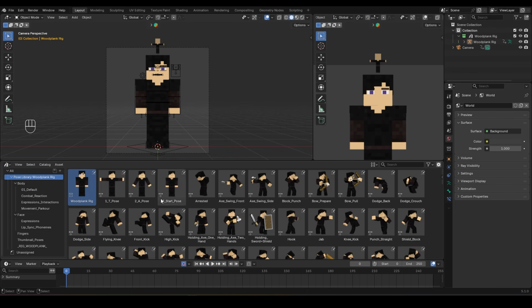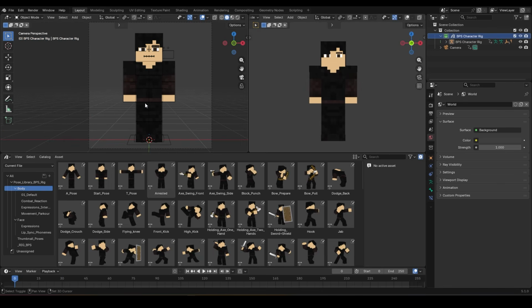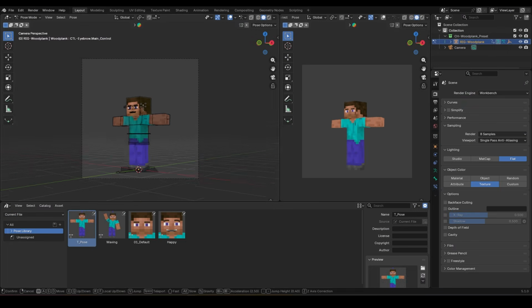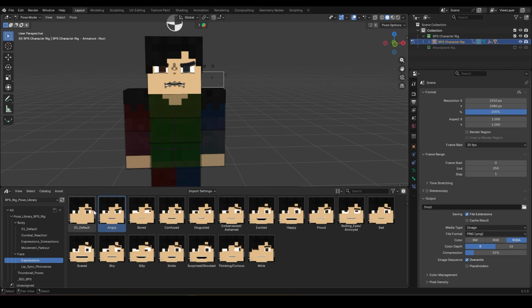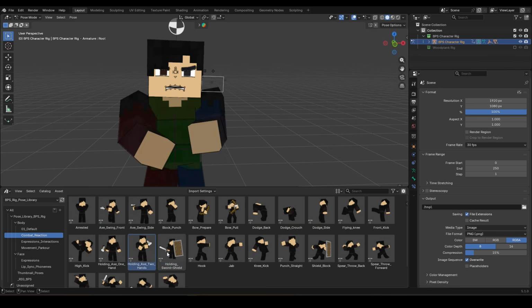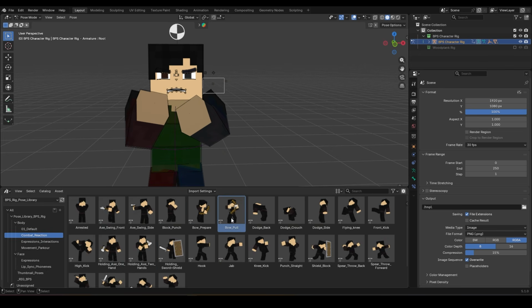Hey all, in this video I'm going to show you how to use the pose library both for the Woodplank rig and for the BPS rig version 4. If you want to learn how to create your own pose library, then I have a tutorial linked in the description, but in this video I'm going to show you how to use my own pose library, which I spent a lot of hours on, so you can actually get it and save a lot of time for your animations